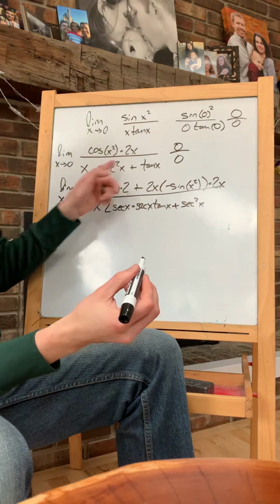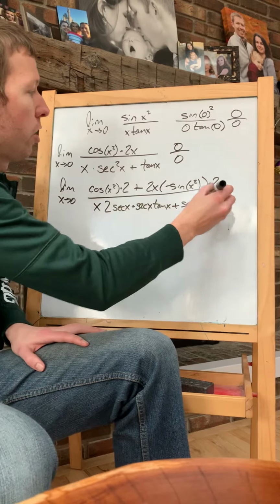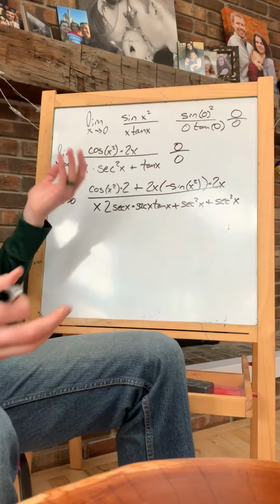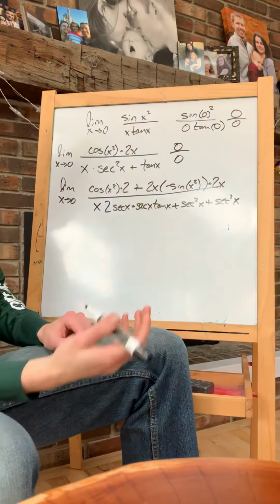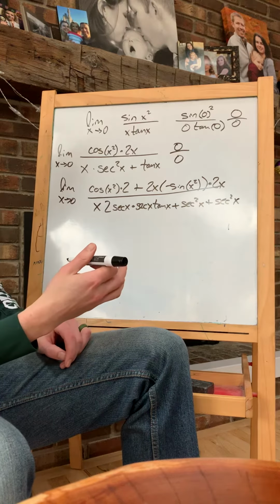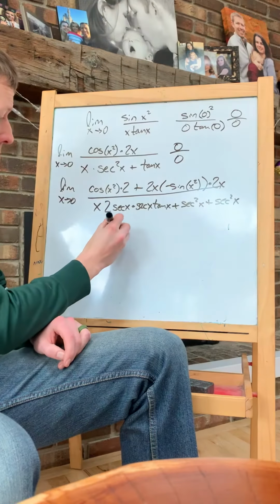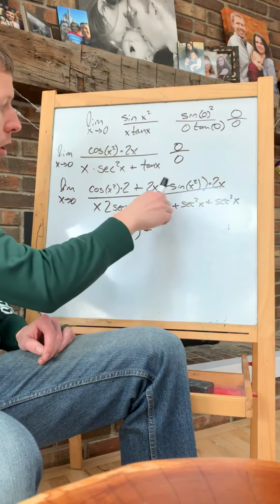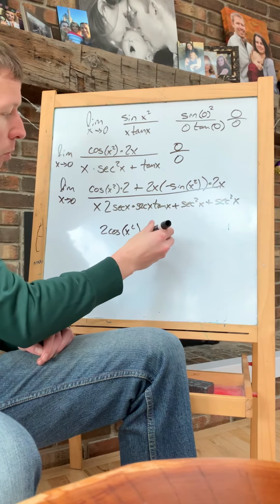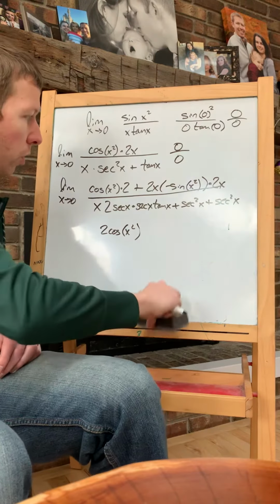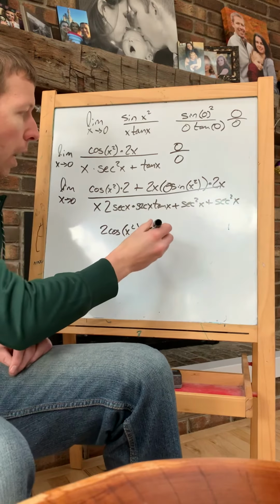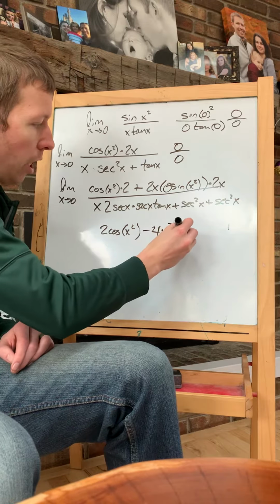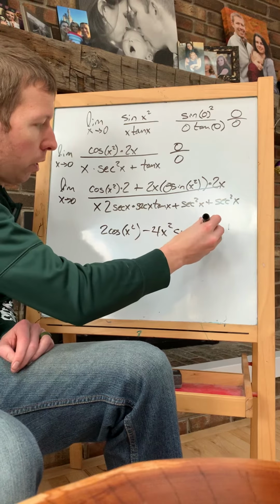And then I have to add on the derivative of tangent, which is secant squared of x again. Oh, so we're going to simplify this a little bit because this looks horrible. I have 2 times the cosine of x squared plus, this is 4x squared. I guess we could turn this into a minus because of this little negative that's right here. So this would be minus 4x squared multiplied by the sine of x squared